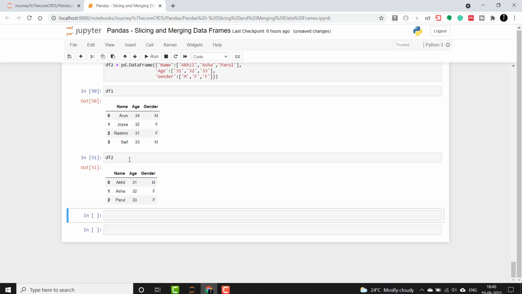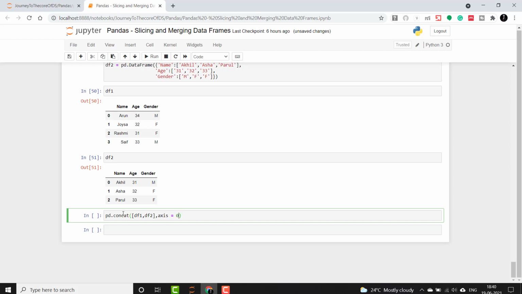So what I will do is I will use pd.concat and I will give the list of the data frames, which is df1, df2, and the second parameter is axis, okay. So here I will give it 0, okay.